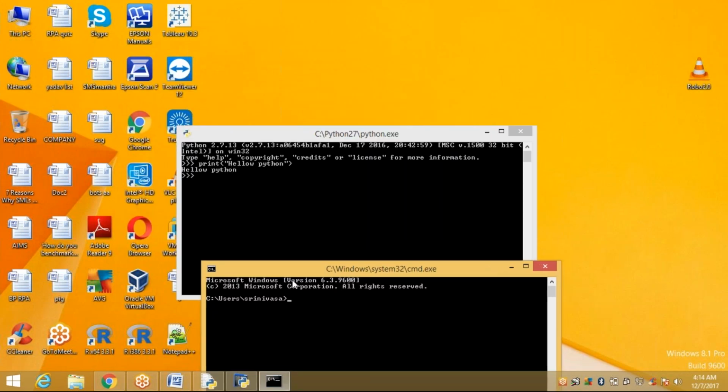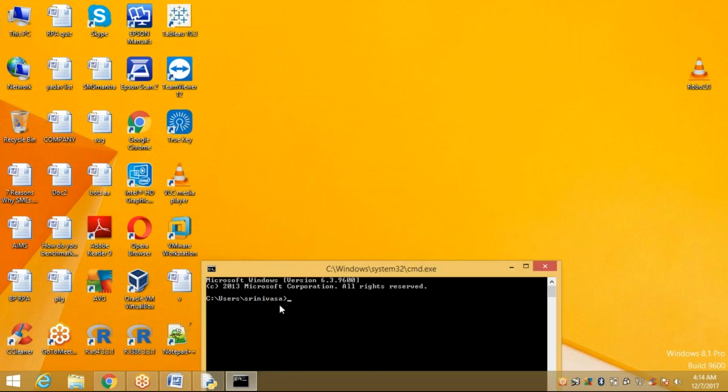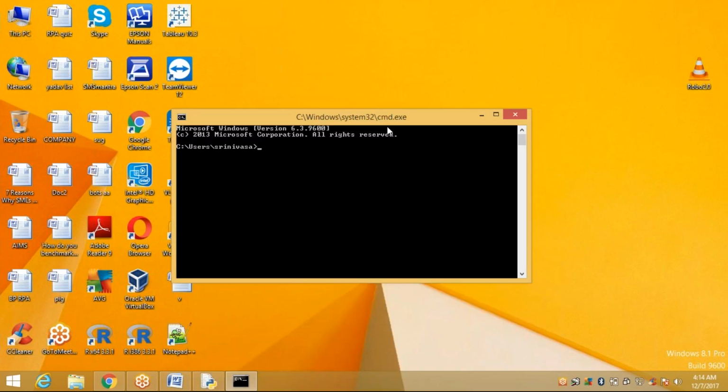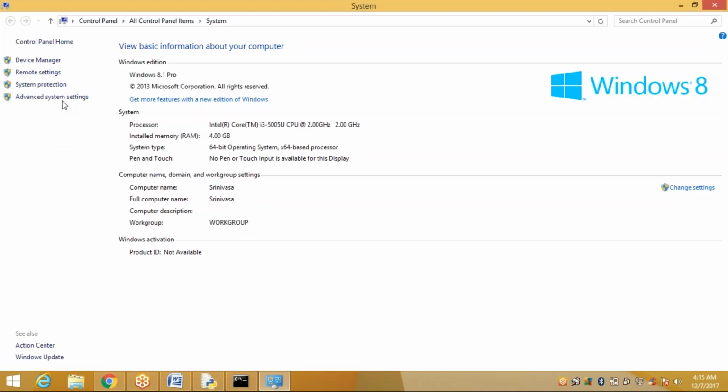You can practice in either the IDE or this command prompt. Click on that particular area and directly it will open the Python prompt. If you don't know how, go to Run, click on CMD and press enter, and it will display the command prompt. In this command prompt, you should identify where your path is. Go to the PC, right click, properties, click on advanced system settings.